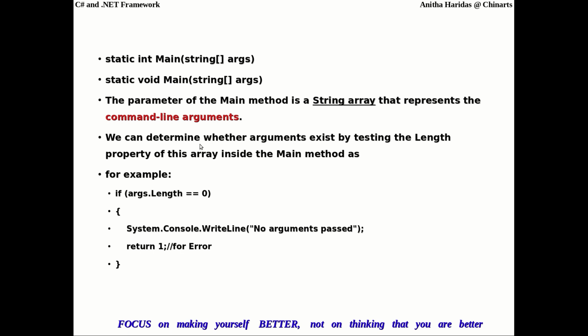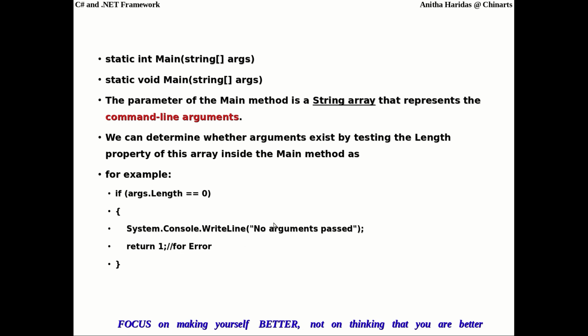If you want to determine whether arguments exist in your program, it can be done by testing the length property of this array. This is very important. The length property of this array inside the main method will describe whether you have passed any argument to the method or not. For example, if you check args.length equal to 0, it says there are no arguments passed to your program.